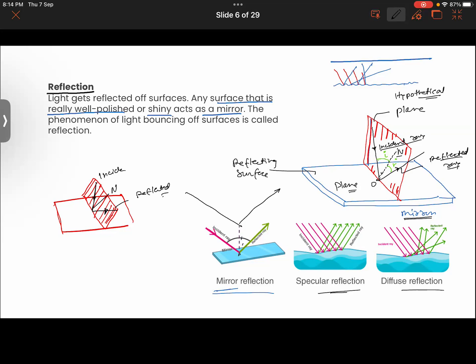Hypothetical, you guys know what it means. Just we imagined it. Okay, so this is the hypothetical plane